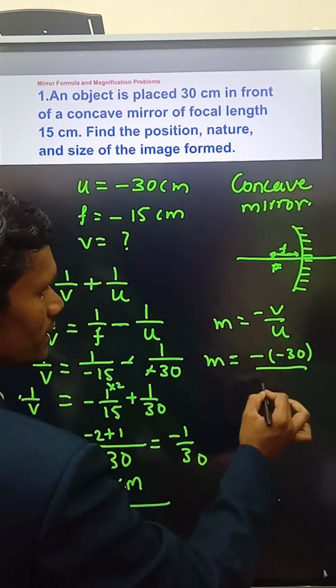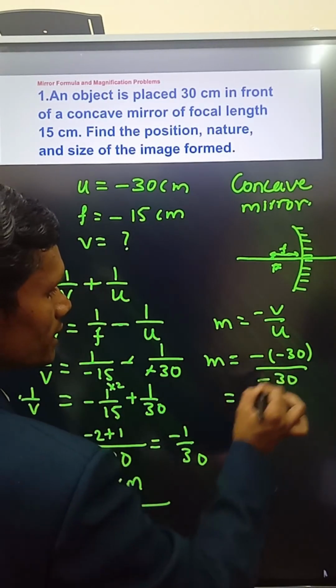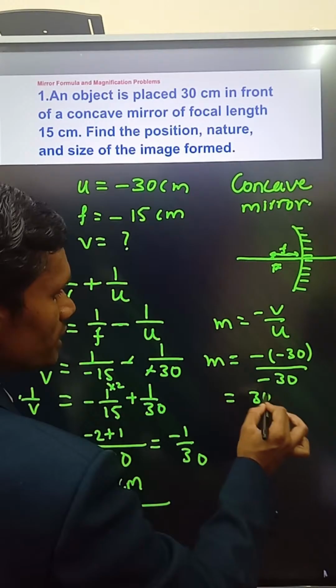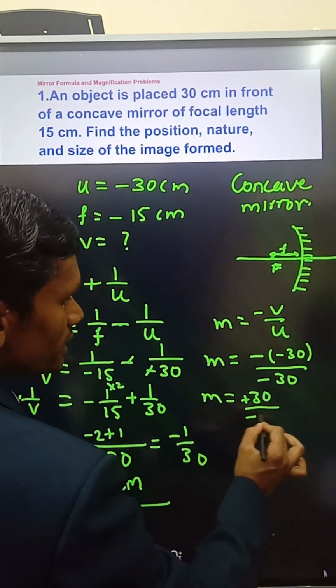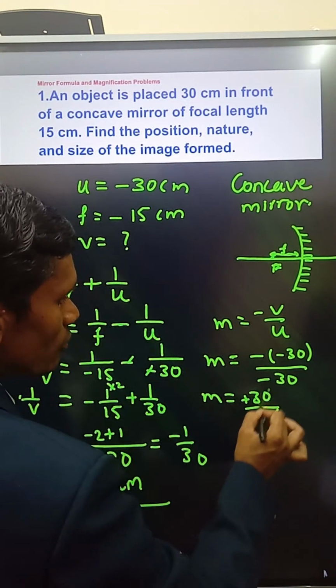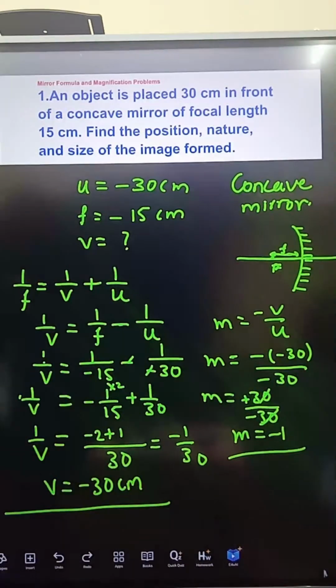Divided by this, u is minus 30, right? So this becomes plus, so this is plus 30 down. What we are getting is minus 30. After cancellation, m is equal to minus 1. We have done this in the beginning itself. Now here, if you want to find out the height,